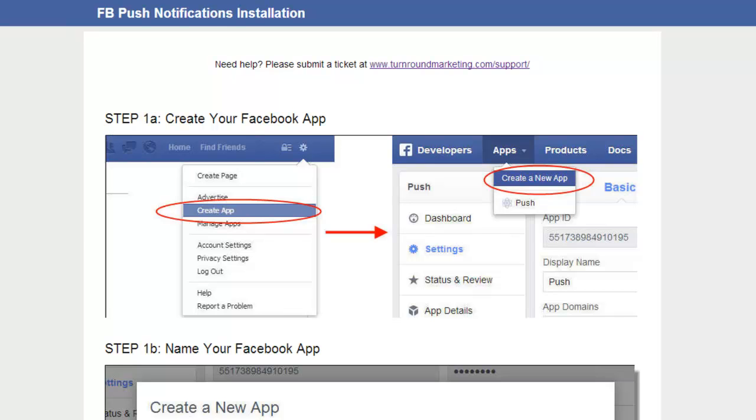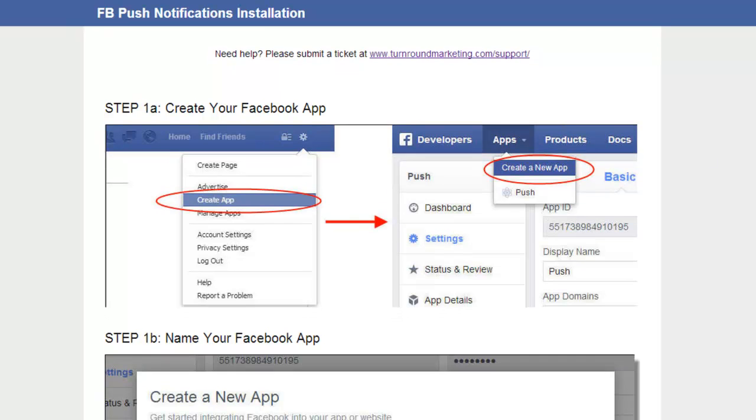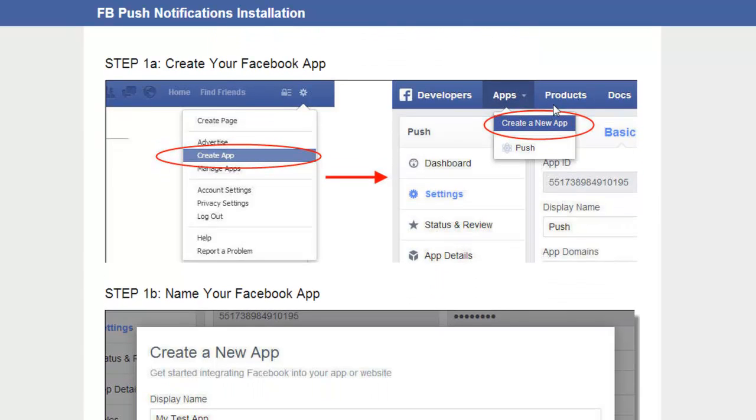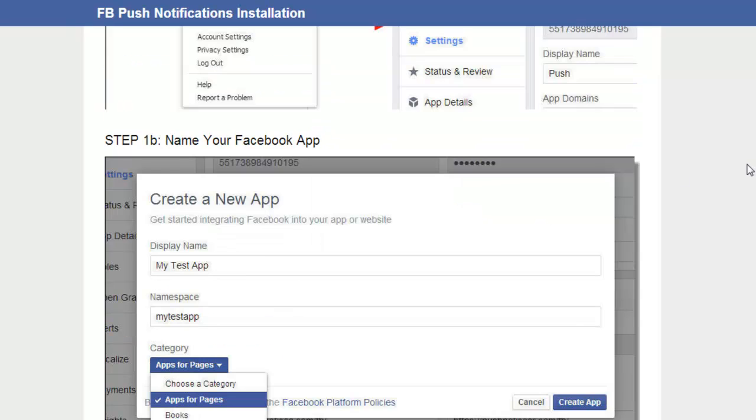Now if you remember in the previous video I showed you the two different interfaces for creating a Facebook app. This is the second one that I showed you, and as you can see when you log in you can go to developers.facebook.com/apps, and that will bring you to this page, or you can log into your Facebook account, click on your settings and then click on create app. On the apps button at the top, drop down, click on create new app, and then it will give you,